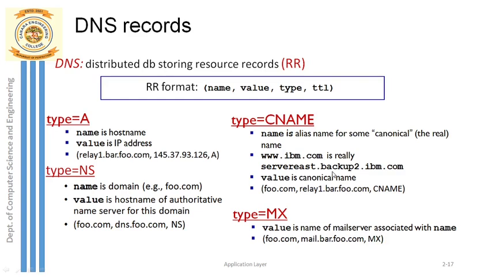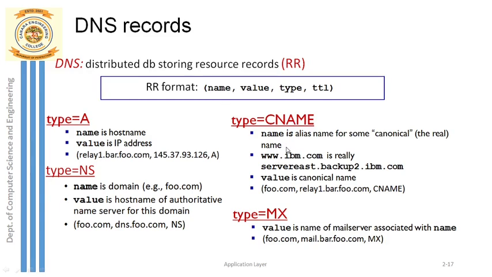Okay, so type CNAME is the one which indicates that if I supply the host name as, say, ibm.com, the first part is name, wherein I have to supply an alias name. So the alias name, in this example, is ibm.com. ibm.com is the first part, whereas the value part for the CNAME is nothing but, what is it?